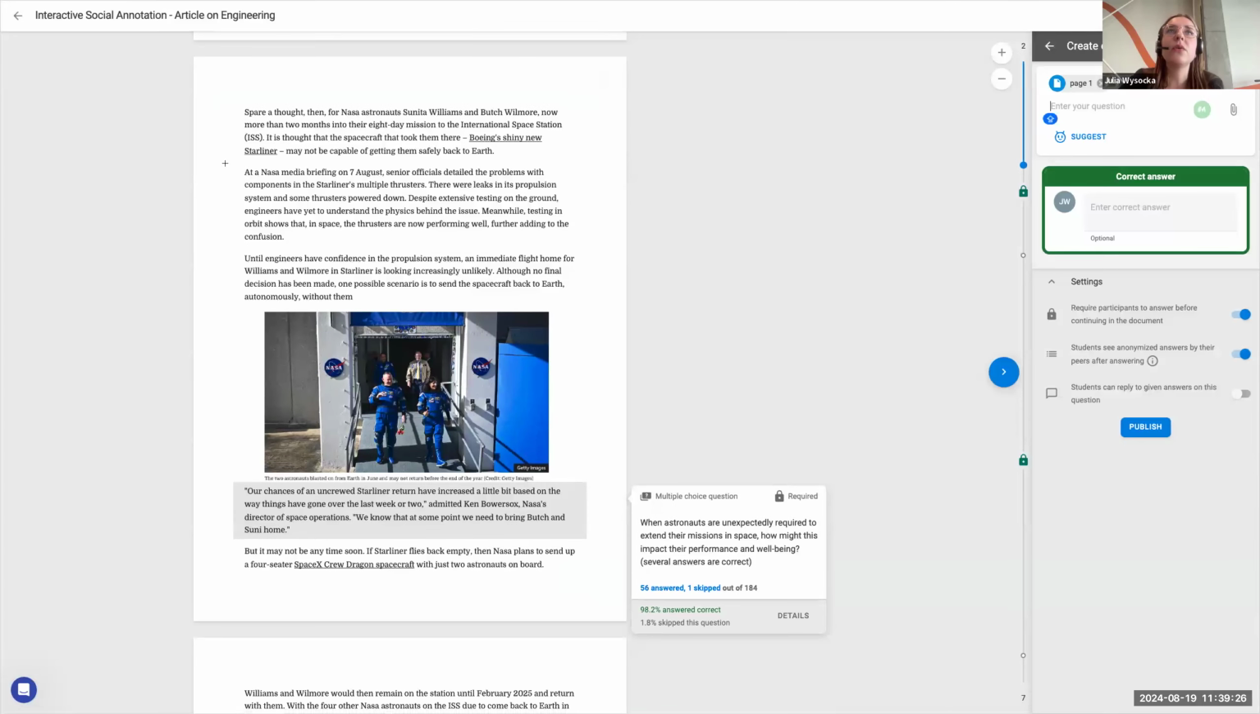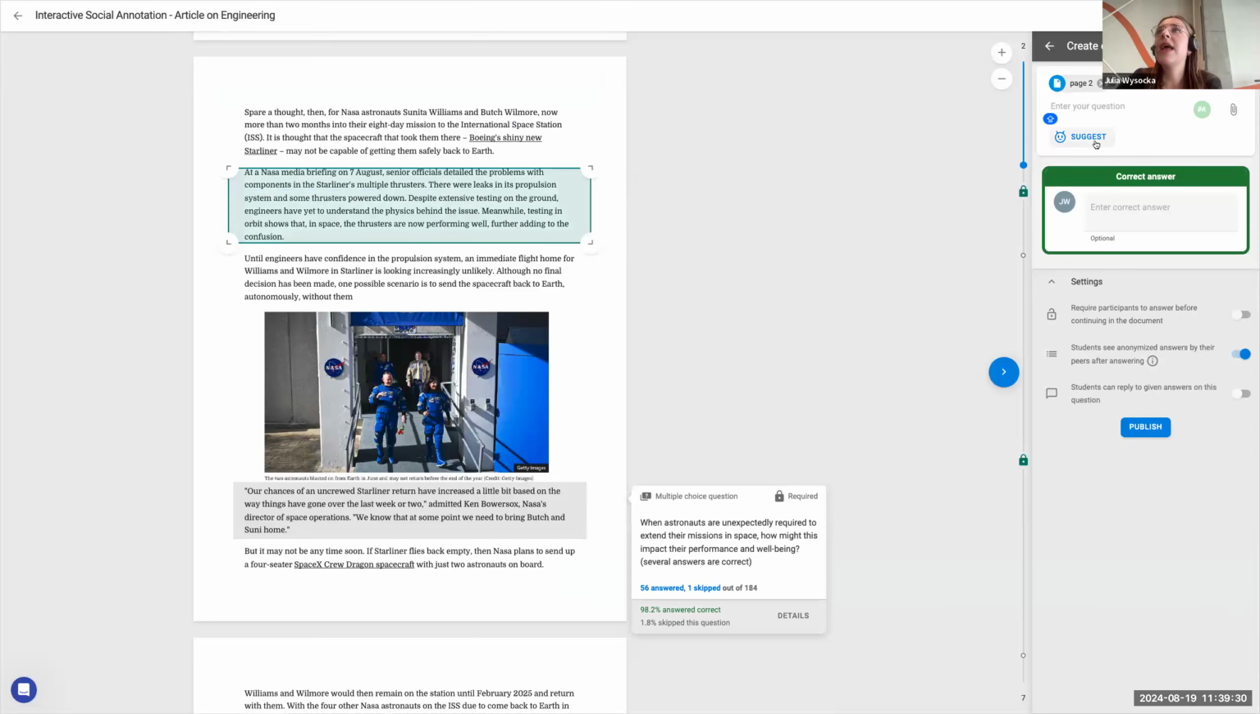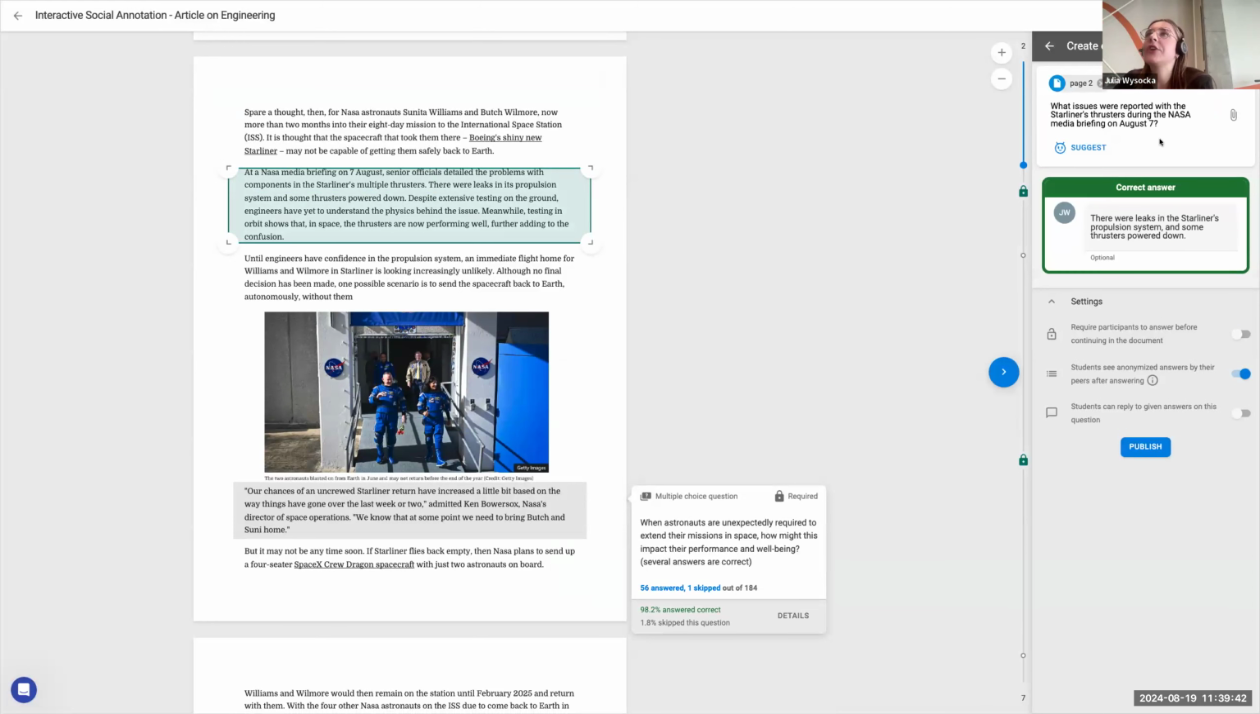So what I'm going to do is again highlight a specific part of the document. And then instead of thinking about the question, I can just click on suggest. And in a couple of minutes, you will see that on my screen, there will be a suggested reflection question, as you can see here. And there is also a correct answer already provided. If you're not satisfied or if you want a different type of topic, I can just click on suggest again. And there will be another prompt showing